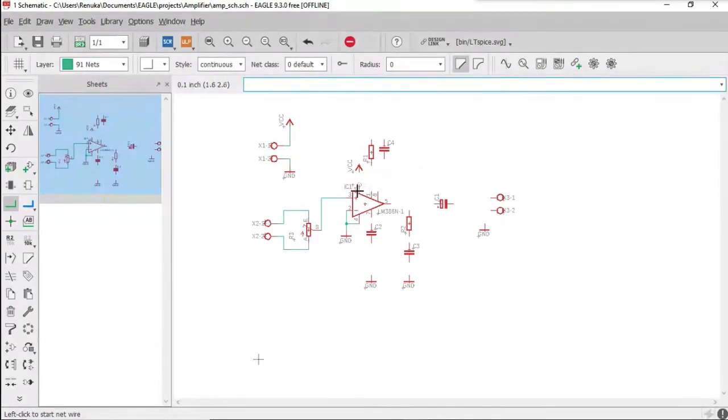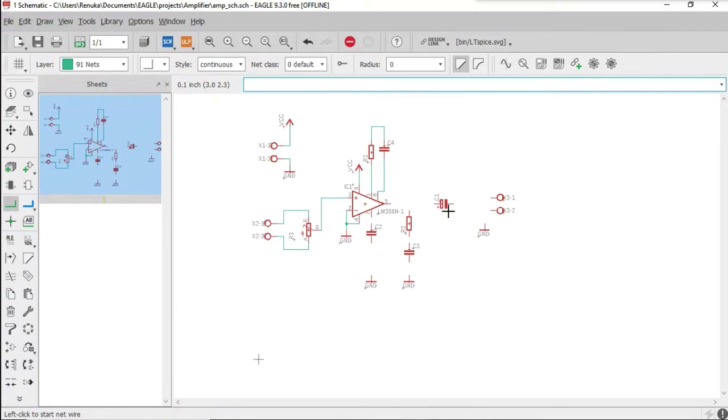Then we know that pin 6 is a power pin. It has to be connected to VCC. So just click on pin 6, drag it and connect it to the VCC. Okay. Then pin 1 and 8 are the gain pins. They have to be connected to a resistor and capacitor. So pin 1 is connected to a resistor. The other end of the resistor is connected to a capacitor, and the other terminal of the capacitor is connected to pin 8.